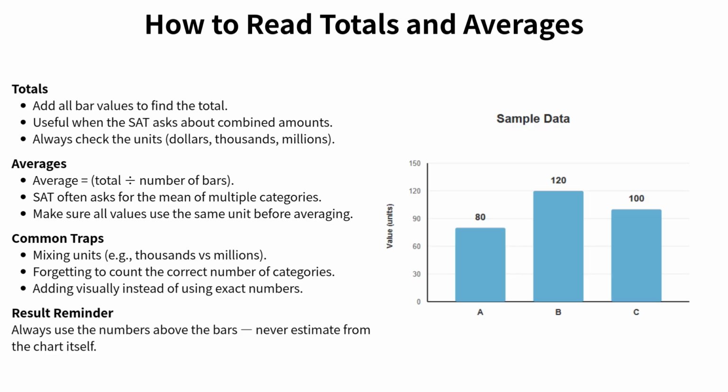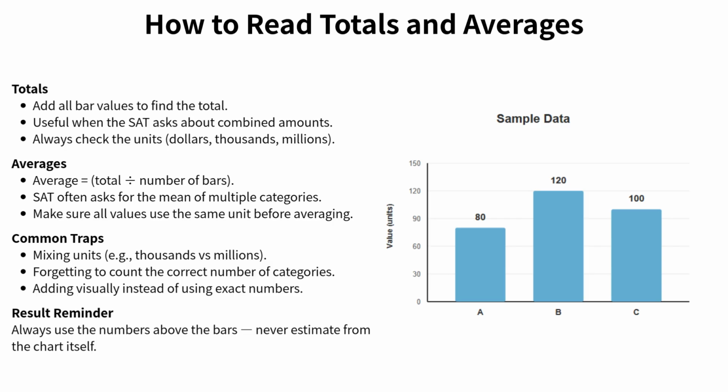Next is the average, or mean. To find it, divide the total by the number of bars. Using the same example, the average is 300 divided by 3, which equals 100. A common mistake is forgetting that every bar must use the same unit before averaging. If one bar is labeled in thousands and another in millions, convert them before doing any calculations. Another common trap is miscounting the number of categories. If you divide by the wrong number, the average will be incorrect even if the total is right. By following these steps, read the exact numbers, check the units, and calculate carefully, you'll handle totals and averages with